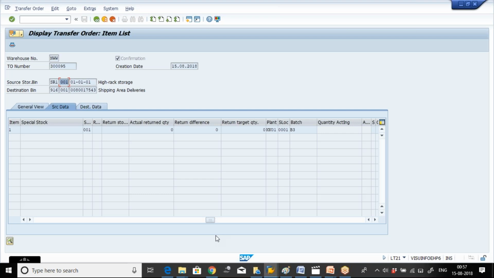Then we specify what concentration is required, and in the sort sequence we can specify whether we want to sort the material for picking in ascending as well as descending. So as per the condition tables, access sequence, strategy type and the procedure, the system will pick the material,